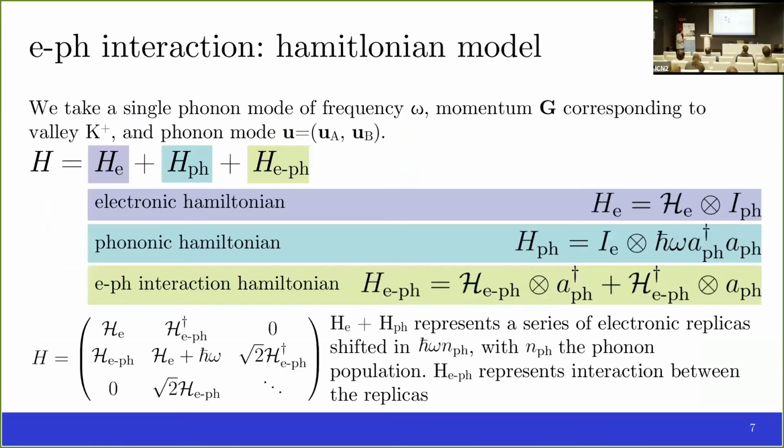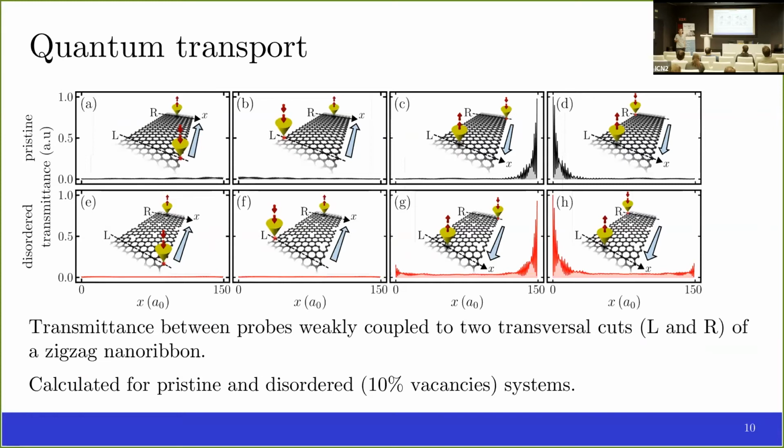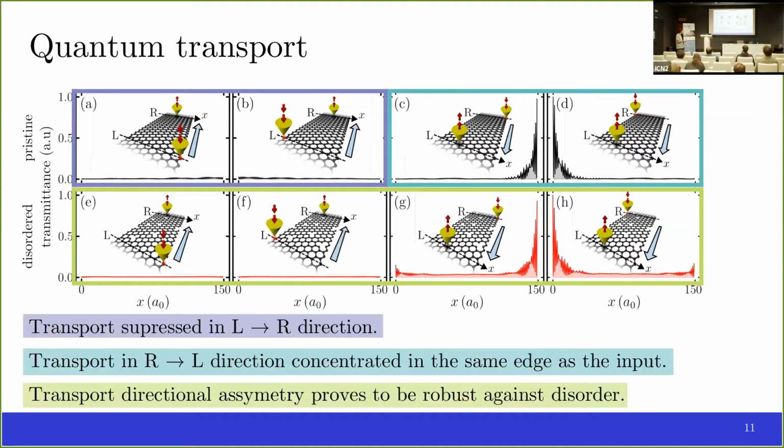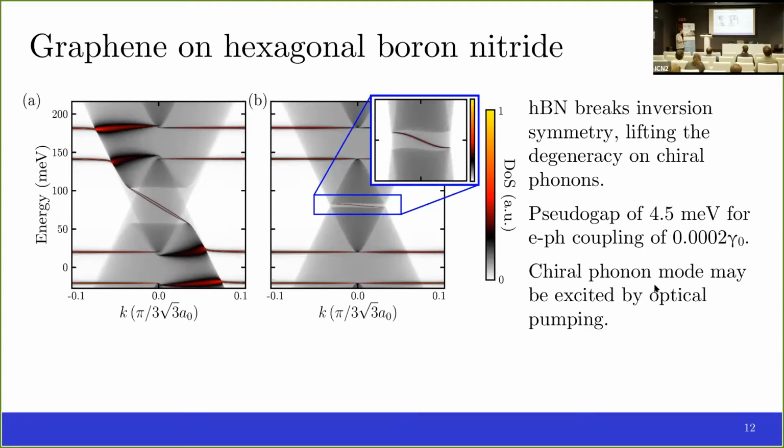And that's why it is important to propose, or at least think of, a way that we could excite in particular the chiral phonon that we are interested in. This would be by some optical pumping with circularly polarized light with the adequate energy, which is the technique used to detect the chiral phonons in tungsten diselenide, because you generate a high population of them. Of course, experimentally there would be a lot of challenges, but it's important to think of a way one could do that. Yeah, because and then the coupling,